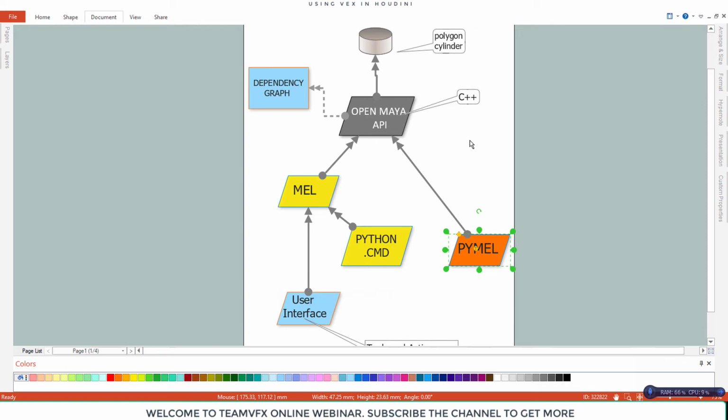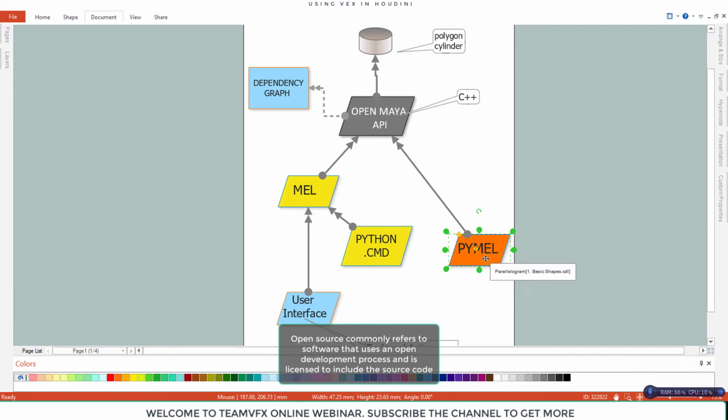It's an open source program, in the sense that you can download the whole program and modify it according to your requirement. So the concept of PyMEL is very different from Python cmds. Whenever you write any code in PyMEL, it generally generates Open Maya API, meaning a C++ program, and so it's